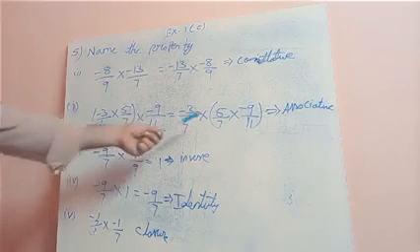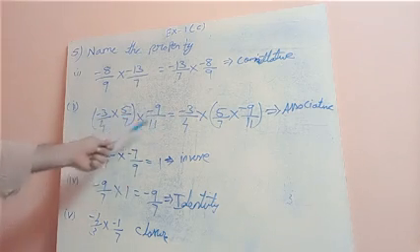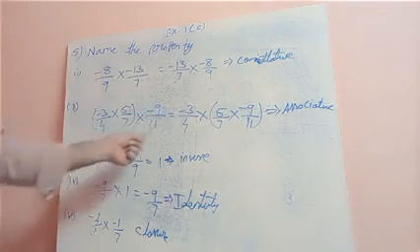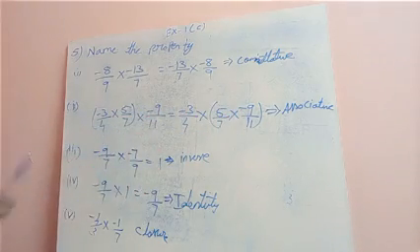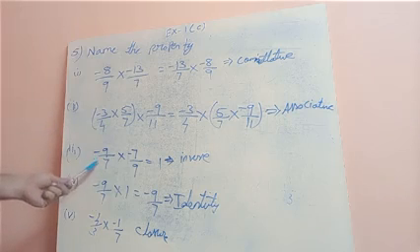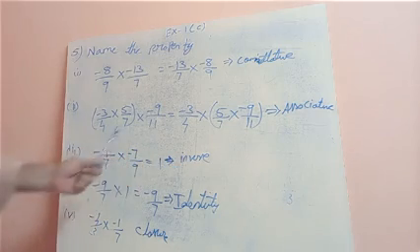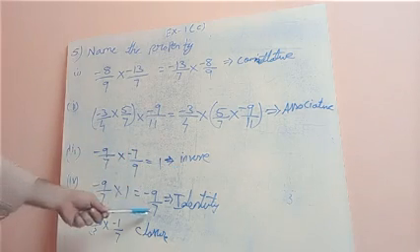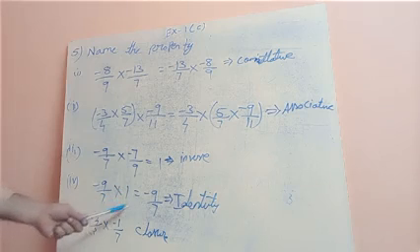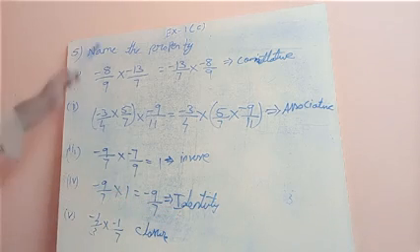Associative is changing of brackets: here it is for 3 and 5, there it is for 5 and 9. Once the bracket is changed, it is called associative. Next, reciprocal giving 1 as the answer is called inverse. Next, what does not change the value, multiplication with 1, is called identity. Last one is closure. These are the properties.